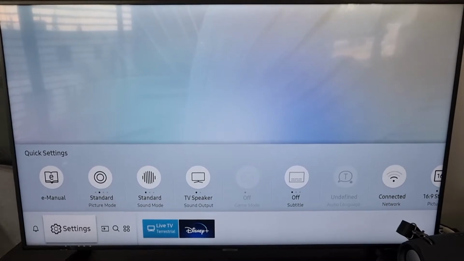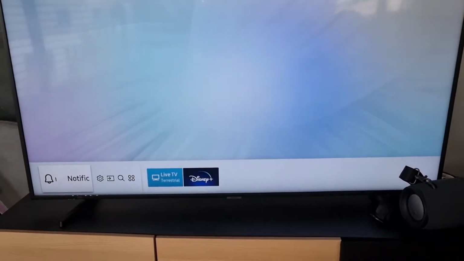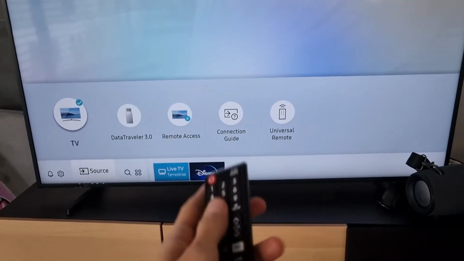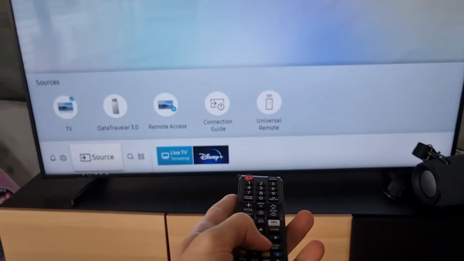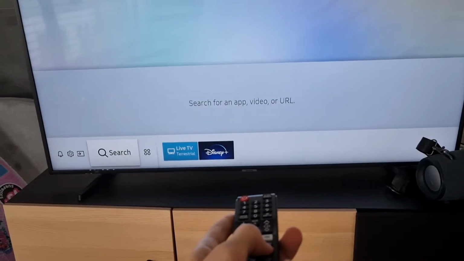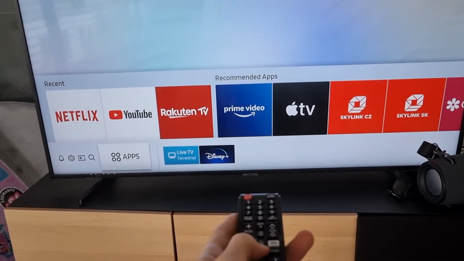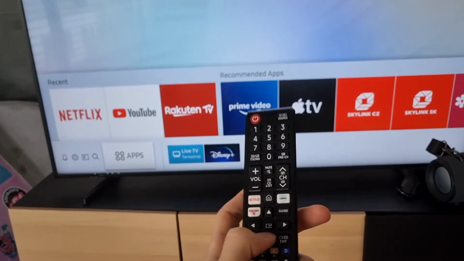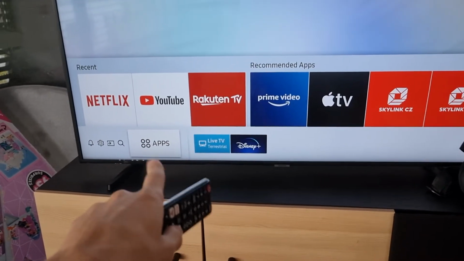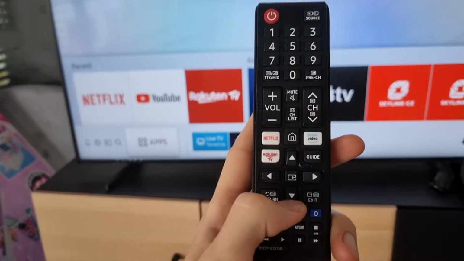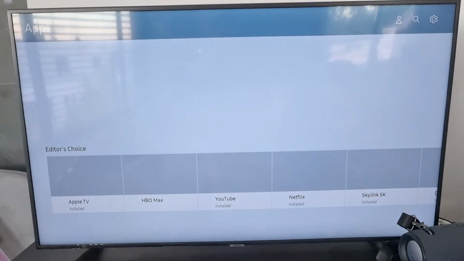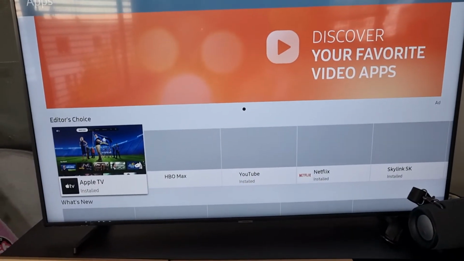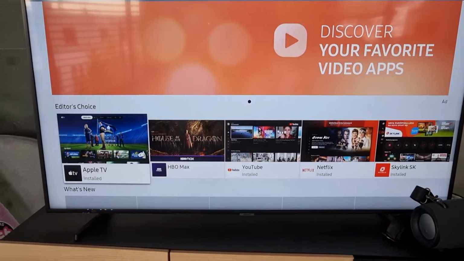your Samsung TV. So first what we need to do is go and click Source, and you will get right here, and you want to simply go down, and you're gonna have the apps here, but you don't want to go up top. You want to scroll down and go to Applications, so it's going to pop out here, and press Enter. Here you're gonna have applications, and you're gonna have Editor's Choice, and you're gonna have all